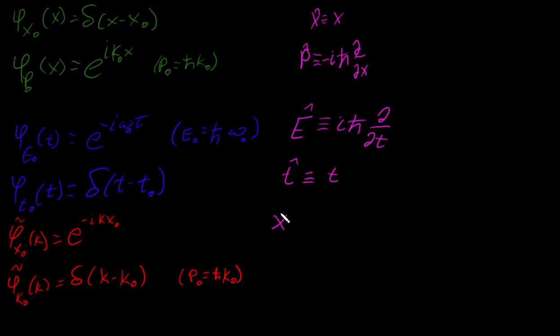Now, x hat, actually I think I'll write x tilde hat. I thought that would look better, but it doesn't. So it really doesn't make a difference, so I'm going to write it the way I'm more used to, x hat tilde. X hat in the momentum basis is not going to be just multiplying by the variable x, because the variable x doesn't exist in the momentum basis. The variable is k, right? And so using this trick, you can show that this is i h bar d by dk,